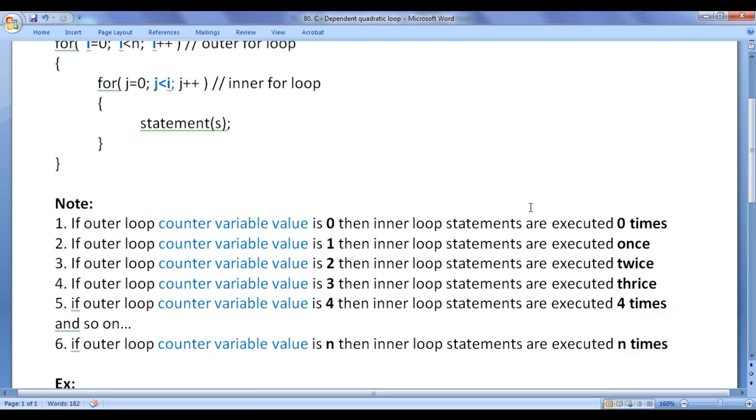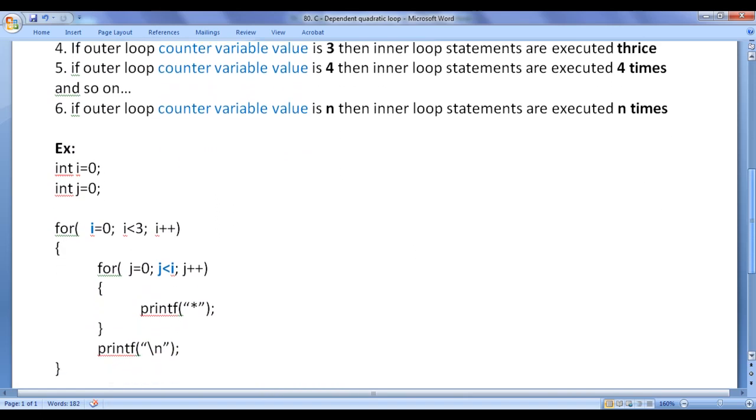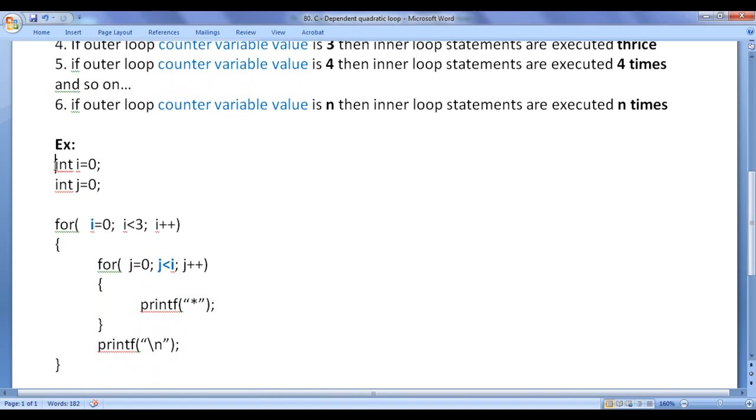You can see that how many times the inner loop statements must be executed depends upon the outer loop counter variable value, guys, right? Here I have an example code to understand. int i = 0, int j = 0. for i = 0, i < 3, i++. for j = 0, j < i, j++. printf star, printf \n.